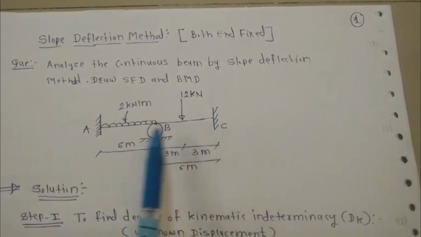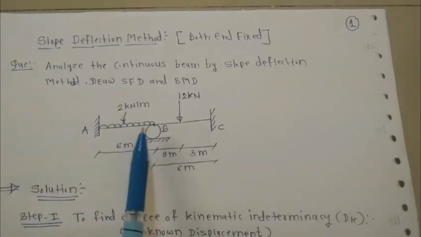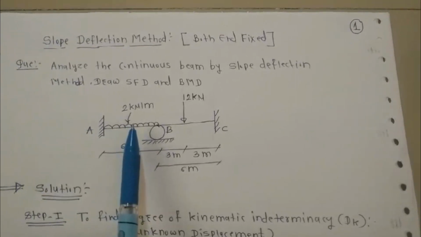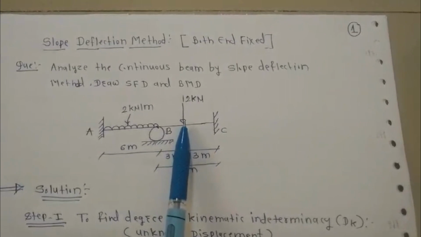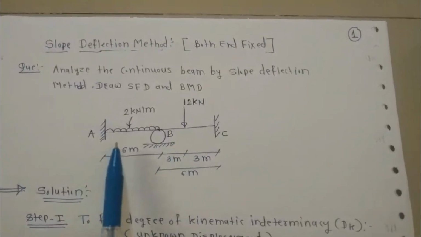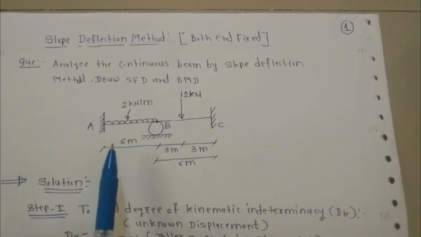The beam is a continuous beam having spans AB and BC. On span AB, the intensity of UDL is 2 kN per meter, and on span BC, a concentrated load of 12 kN is acting at the center. Both AB and BC have a span of 6 meters. So the solution is